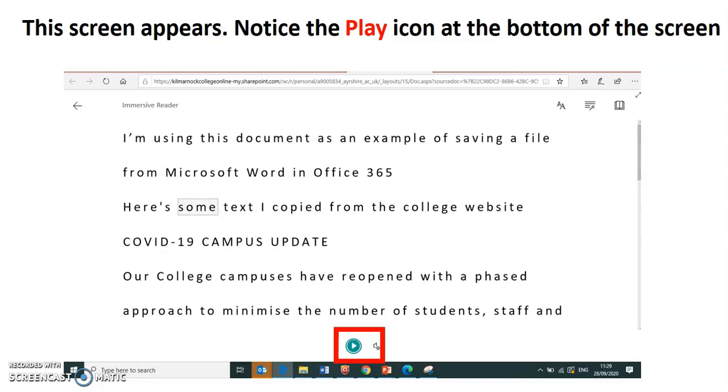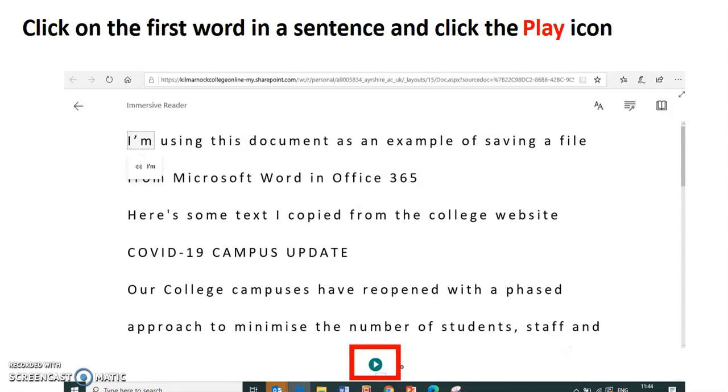So what's going to happen here is Immersive Reader is going to read back the text that we've got on the screen. So what I'd like to do is click beside any text that you want it to read out. I've clicked right at the top. You'll see Ein is where I've clicked my cursor, and I'm going to click the play icon. Now you won't hear it in this video, but if you're at home or wherever you are, plug in your headphones, because it's going to play back and it might be annoying to whoever's in the room with you. So